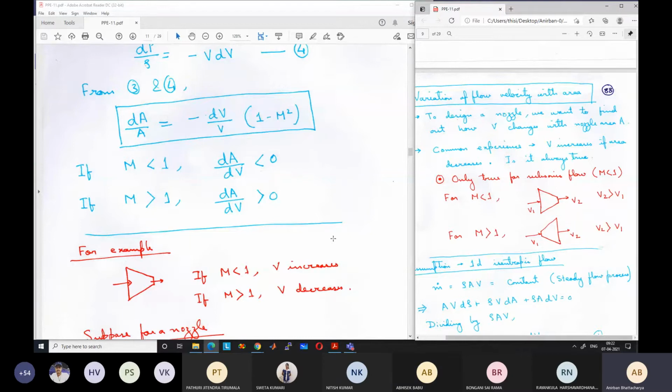But that is not the case at supersonic velocity. We do not understand that intuitively because there the density variation is so huge that this type of counterintuitive result occurs. At subsonic flows, the density variation is too small, so our normal intuition works. Normal intuition is developed from day-to-day activities. You see one thing for many years, then you develop an intuition that this will happen. But when something does not happen as we expect, we cannot understand why, and then you have to go into mathematics to understand what is happening in those cases.